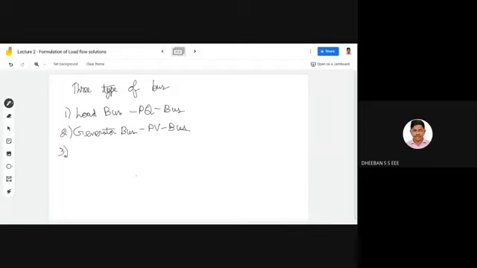And the third one here is nothing but your slack bus. As I said in the previous lecture, as per the load flow analysis, two of the quantities will be given. What are the quantities? Voltage magnitude, load angle, real power and reactive power. Among these, two of the quantities will be given and two of the quantities you have to find.